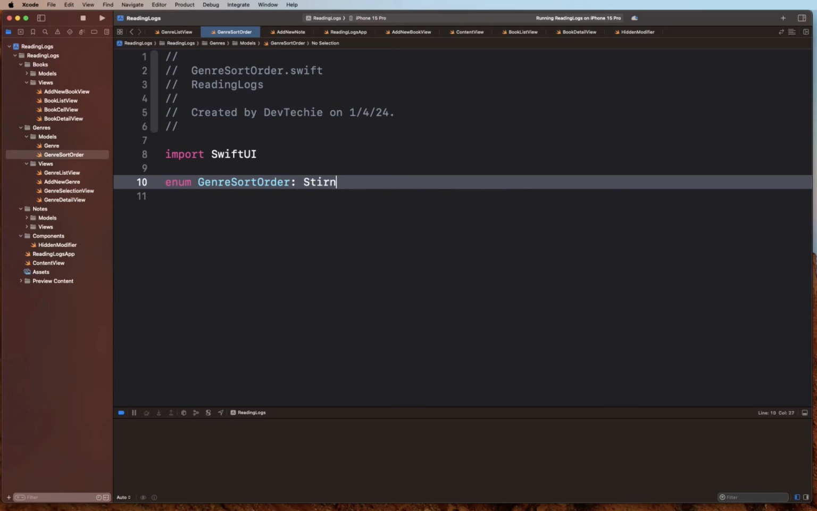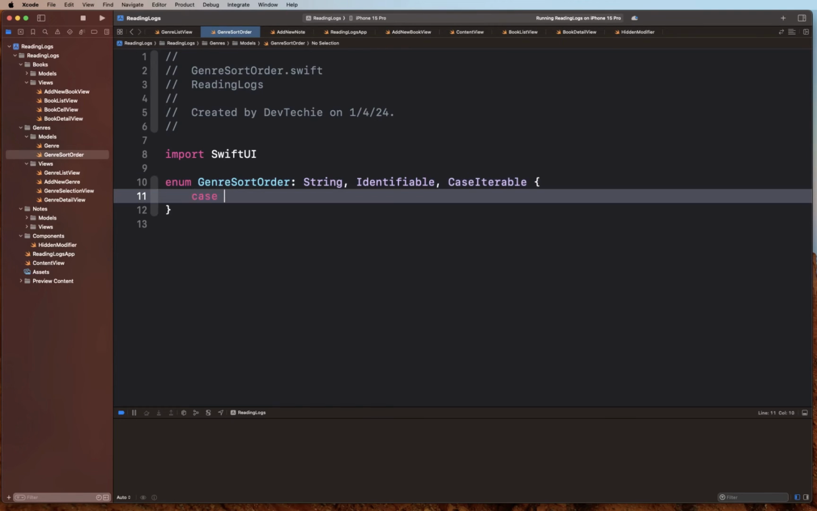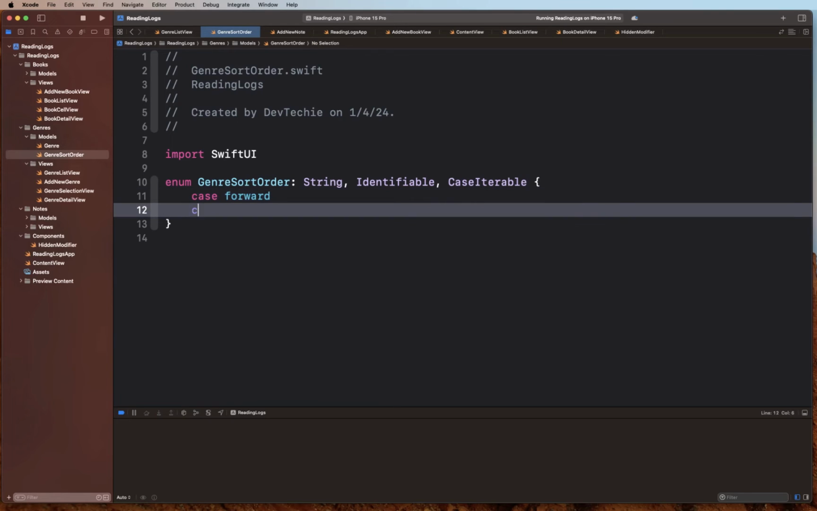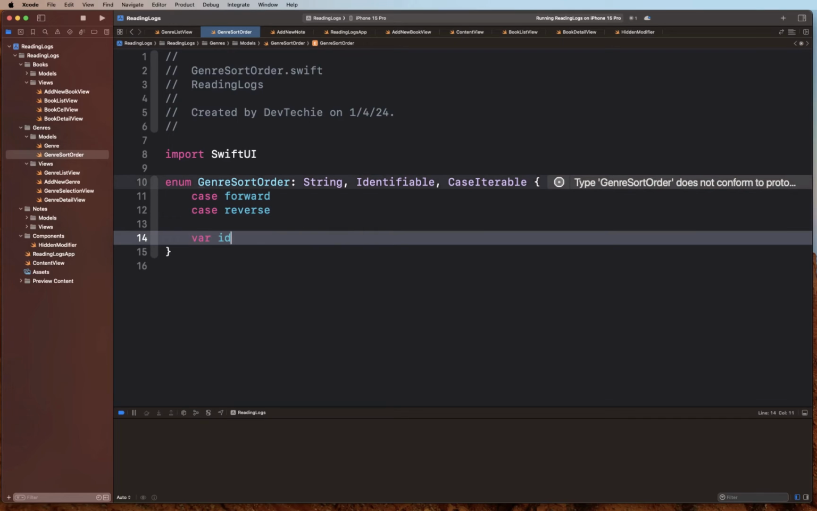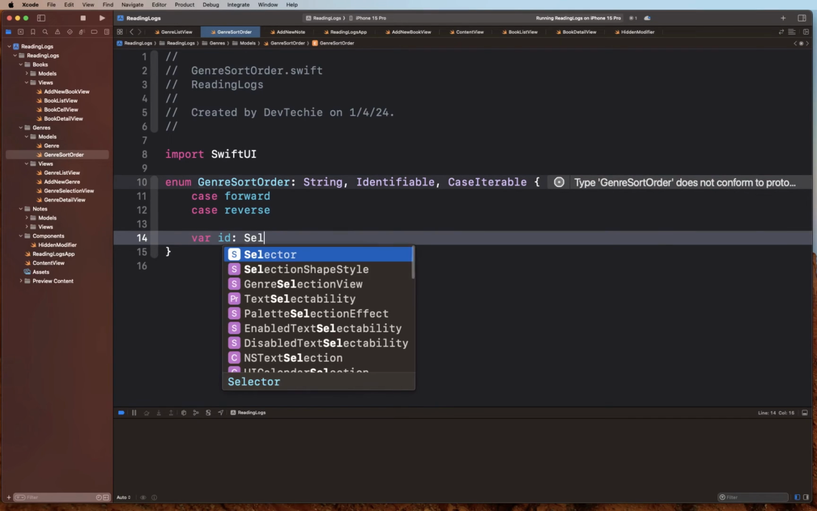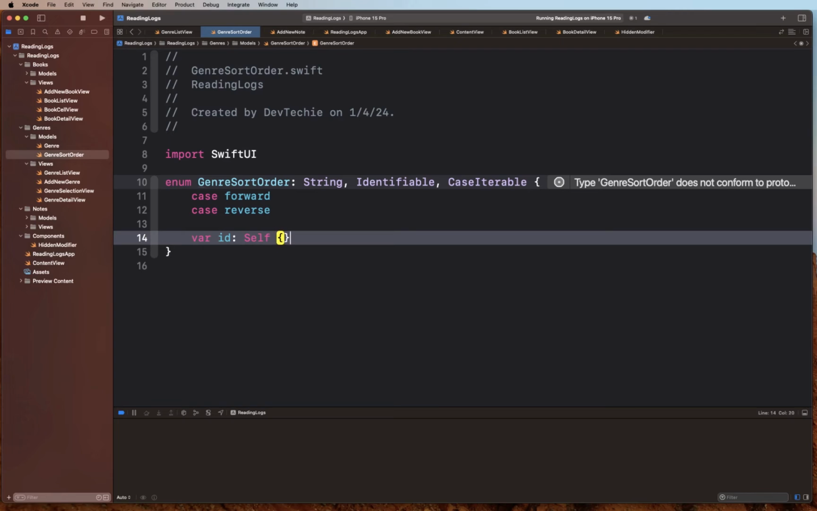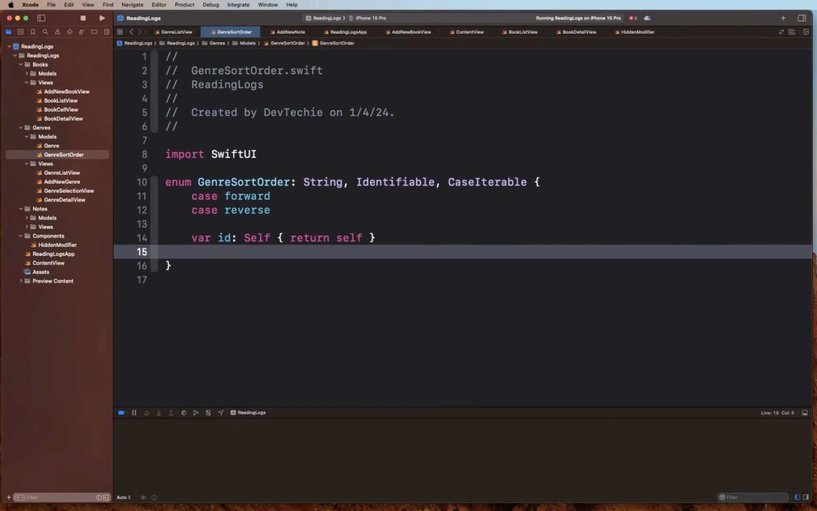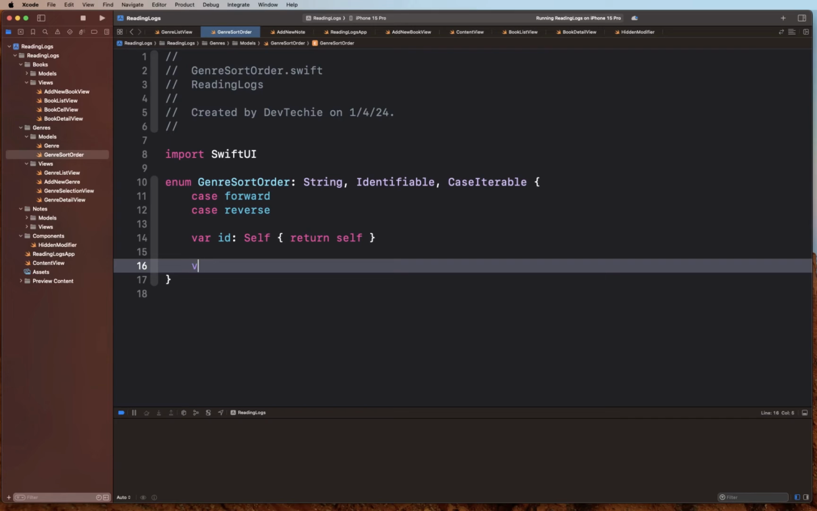So String, it's going to conform to the Identifiable protocol, and also CaseIterable, so we can actually iterate through all the cases. We're going to have two cases: forward, reverse. We're also going to have an ID, which is going to be a computed value on self, returning the instance of self, like so. Okay. And to get the title, we're actually going to create a property title,